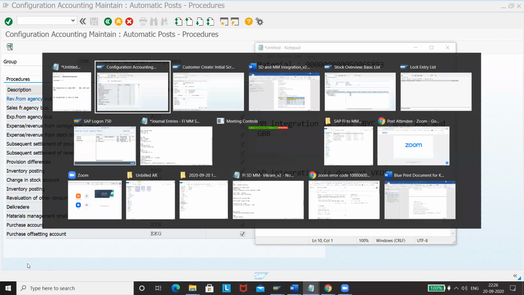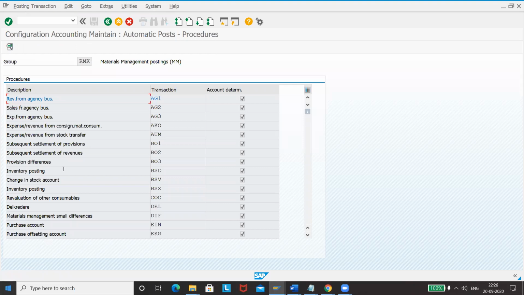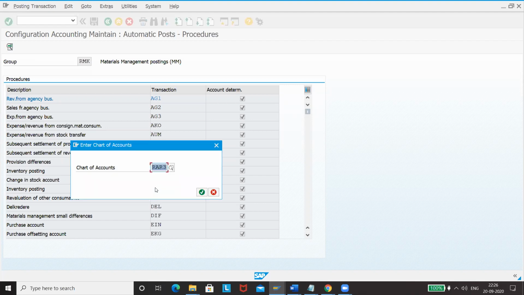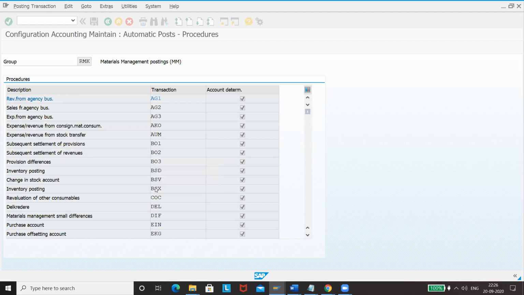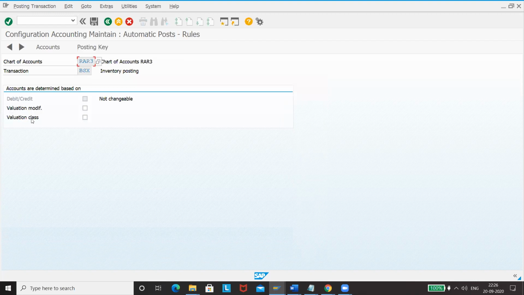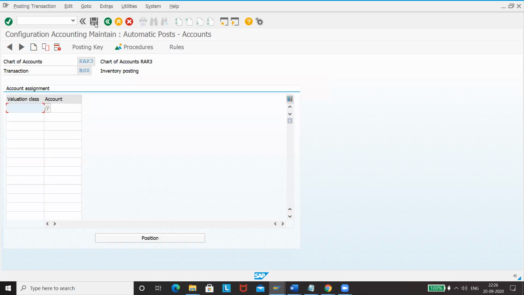These are the document keys that we need. So we'll go to first BSX. We have to give our own chart of account. Our chart of account is RAR3. Please click here. We have to select this one, and then try saving this one.